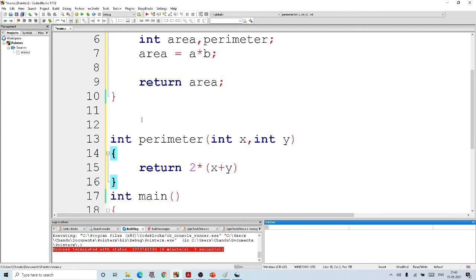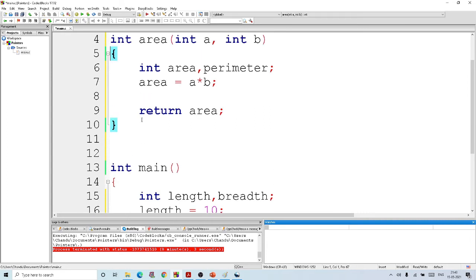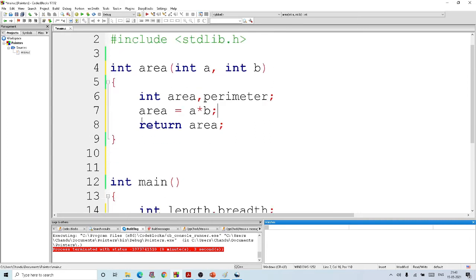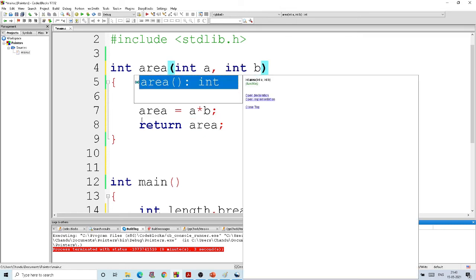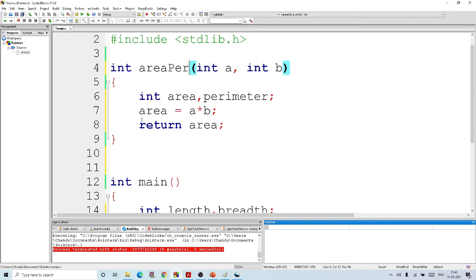But if I want to do it using only one function, how can I return two values, area as well as perimeter? This can be done using call by reference. Let us name this function area perimeter.